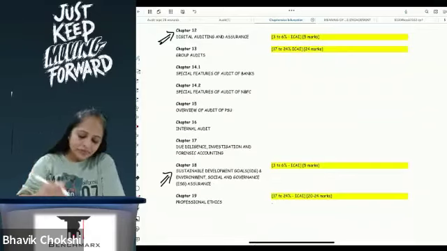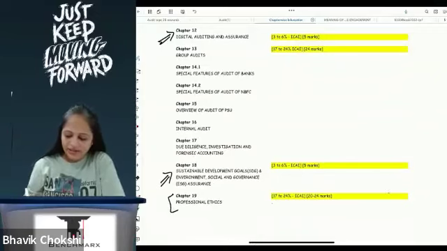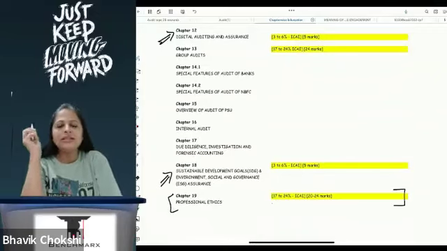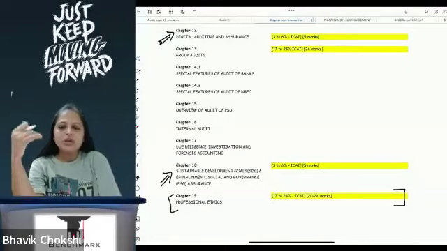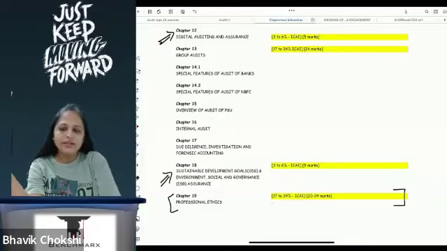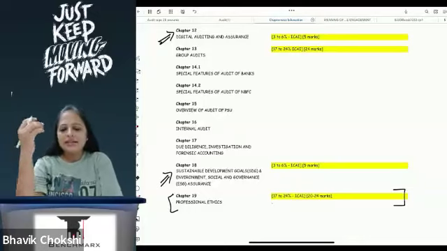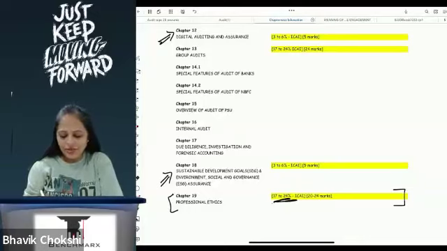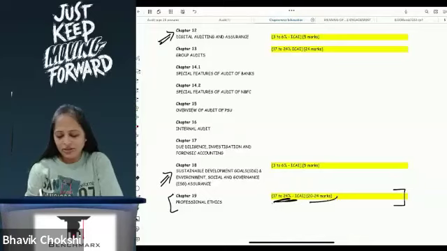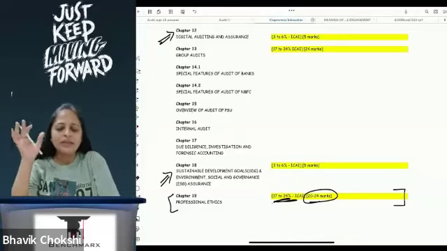And then you have your Professional Ethics. Professional Ethics is basically a code of conduct: how CAs have to conduct themselves and what things they have to do. A lot of importance has been given to Professional Ethics currently, and this comes for around 20 to 24% as per ICAI. So around 18 to 24 marks is something that you can expect from this particular chapter. So there are a lot of questions.